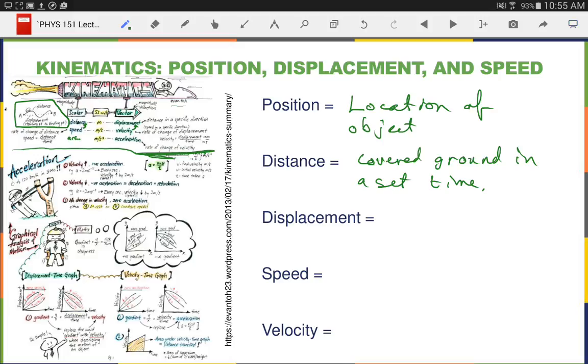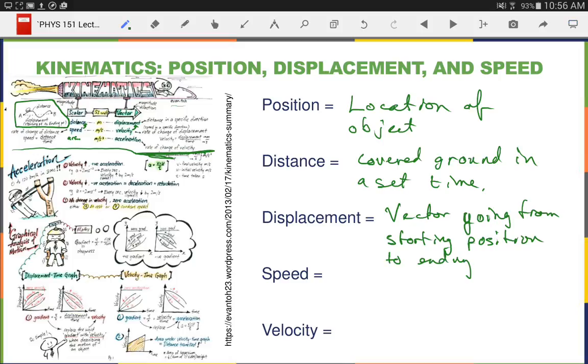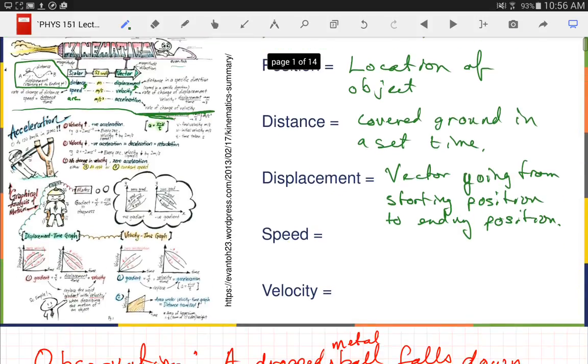The displacement we've talked about a little more carefully. That's the vector going from starting position to ending position. Those are very simple, really. Speed and velocity aren't difficult, but we start to have more interesting things that can crop up. So speed,